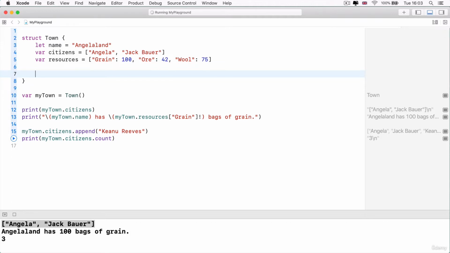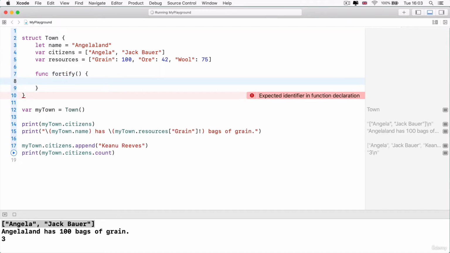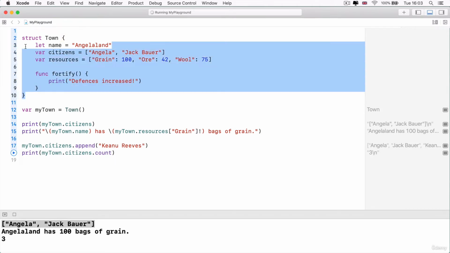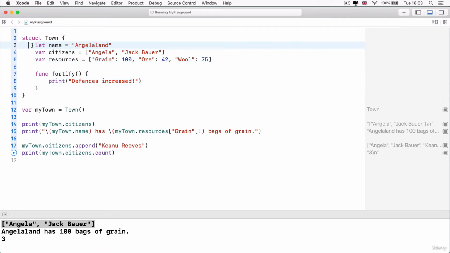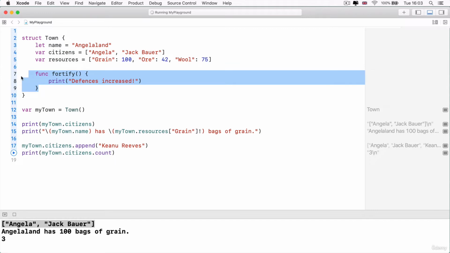And to do that, we would simply create a function within our structure. So let's say we created a function called fortify. And now, inside this fortify function, for ease of use, we'll just print "defenses increased." So now our town structure has properties and it has something that it can do.